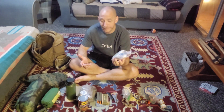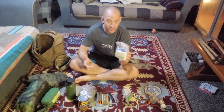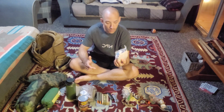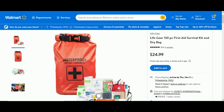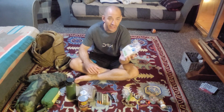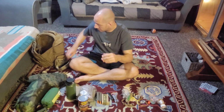If you cut yourself, this will be able to fix that. There's some trauma shears and stuff like that in here. Now, I bought this kit from Walmart. This is like their 100-piece kit, and I'll put a link up for that so you can see what I'm talking about. But it was relatively cheap, and it's good to have on hand because this will take care of your general day-to-day issues. Now, included in my boo-boo kit, I do have a tourniquet